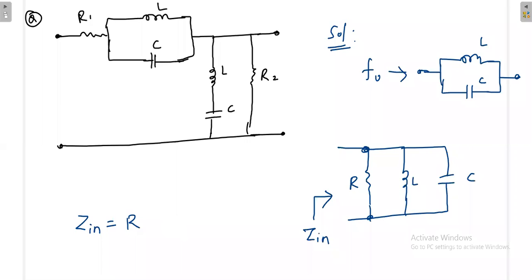So I take some resistance. I take again L and C combinedly. I am putting it as another resistance, because I need the equivalent structure for L and C. What should be the value of this one, so that if I take the parallel combination, again the answer will be R itself. Okay, so are you understanding this?